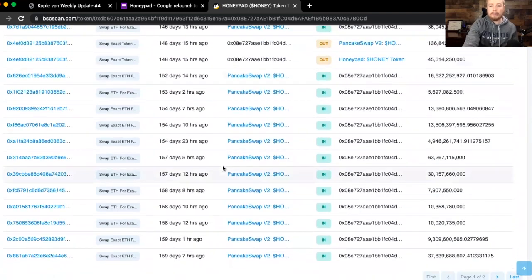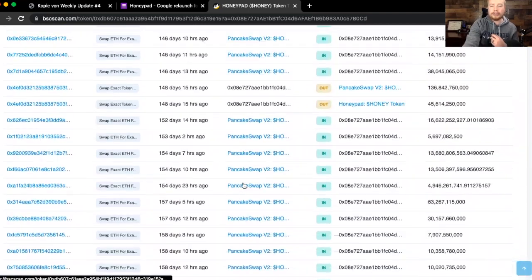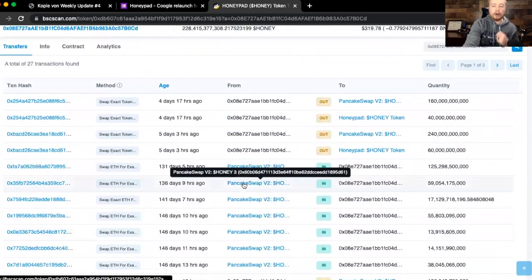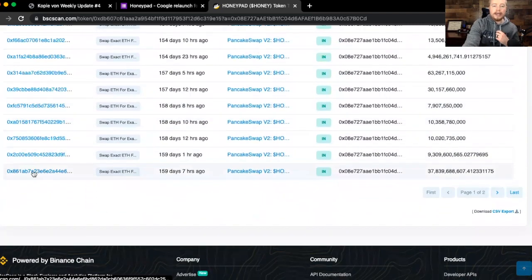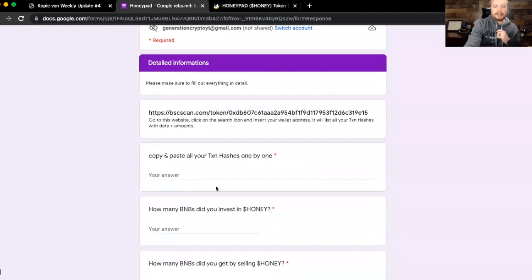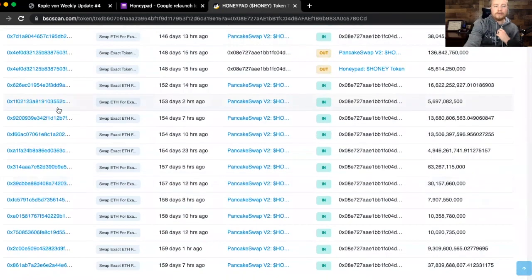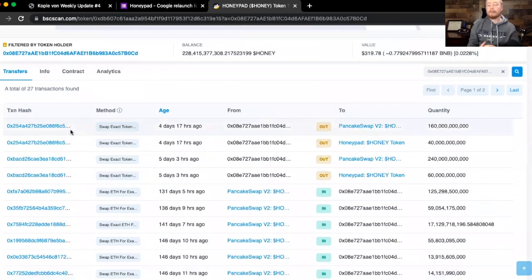In this example that I pulled, as you can see, the wallet had made multiple purchases in and has made a few purchases out. So what you'd want to do is copy these line for line. You're going to want to copy all of these different transaction hashes for each one of these individual transactions and then paste that over into this section of the form. After you've gone through all of your transactions, for many of you it may only be 2 or 3 transactions, or for some of you it may be a lot more, like this wallet here that had multiple